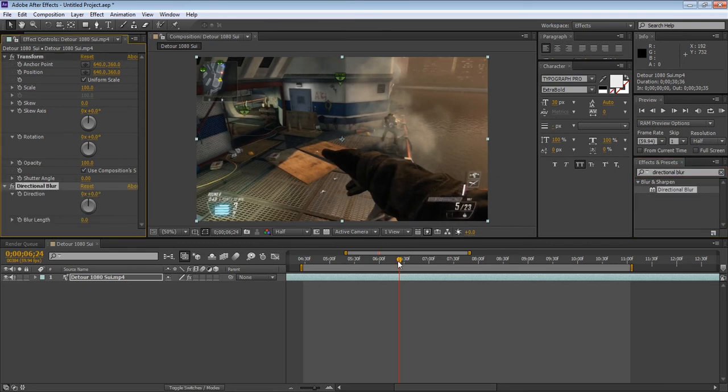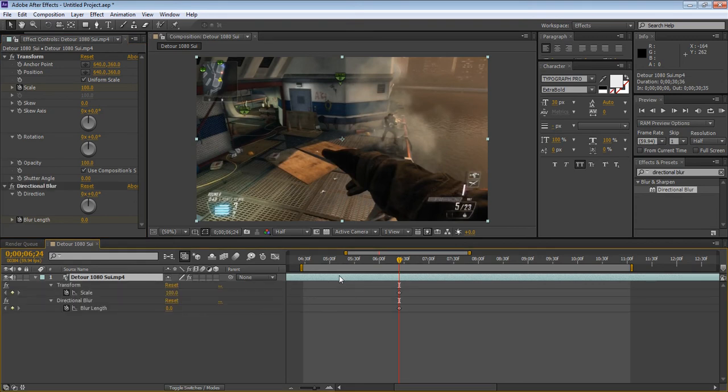So right here is where I would want everything to be neutral. I would want the scale to be at 100 so the screen's not moving at all up to this point. And I also want the blur length at 0. And if you click on your clip and hit U on your keyboard, it'll show you what you're doing right now. So what you want to do to make the first screen pump, you want to go over